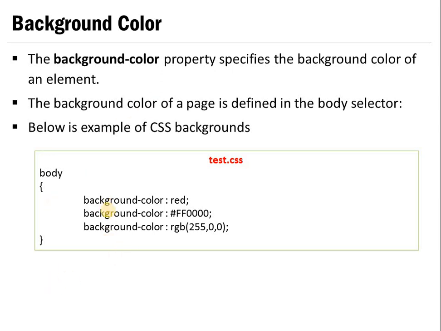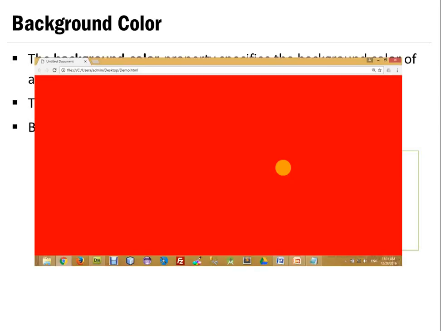Now the thing is that you can set color in three formats. Over here you can see that this is also red, this is also red, and this is also red. So this is just a color name, an absolute color name, then you can use it. For example, red, green, orange, blue, yellow, like this. If you want to use a hexadecimal code, then also you can specify it in this format, or you can use the RGB color format also. For example, I want to set my body element as color red. I can set it and this will be my output.